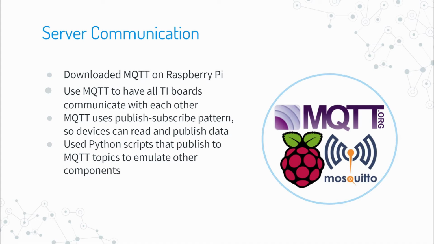To allow for the TI boards that were associated with the rover, robotic arm, and sensors to communicate with each other, we used MQTT, which is a network protocol that we downloaded on Raspberry Pi. MQTT allows for each device to subscribe and publish to various topics. This meant that the rover could publish to a topic that the arm is subscribed to in order to prompt